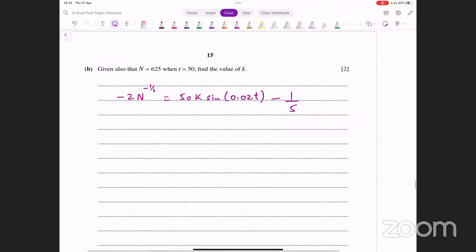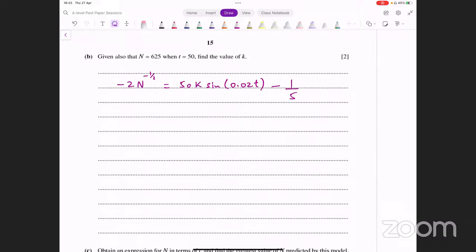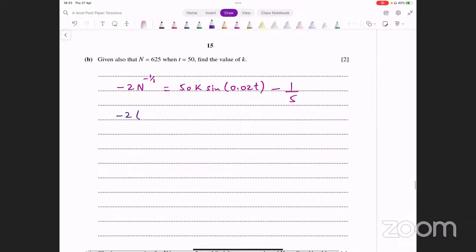Okay, अब हम क्या करेंगे, ये values input कर दें इसके अंदर. N is 625, so it gives you -2 into 625 power -1 over 2. On the other side, you have 50 into k into sine of 0.02 times 50. Right? So, you input कर दें, देखें क्या आता है, 0.02 into 50. I think that's going to give me 1. Yeah, so that's 1. So it becomes sine of 1